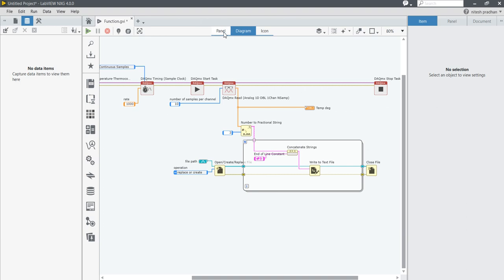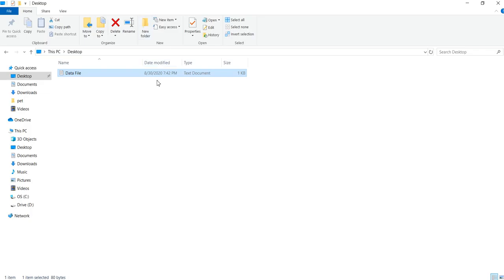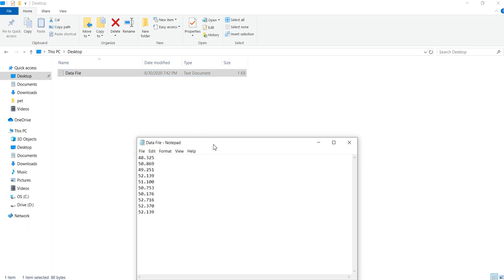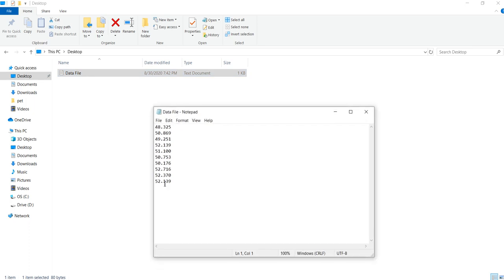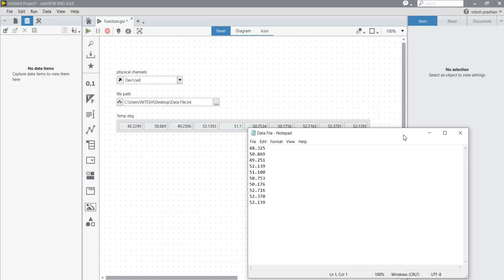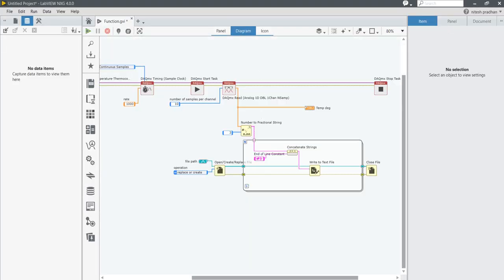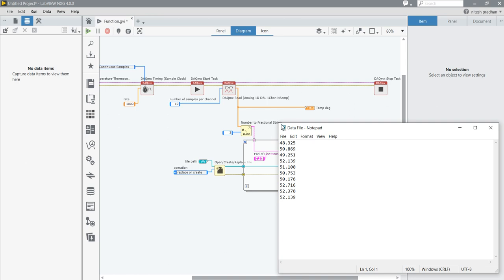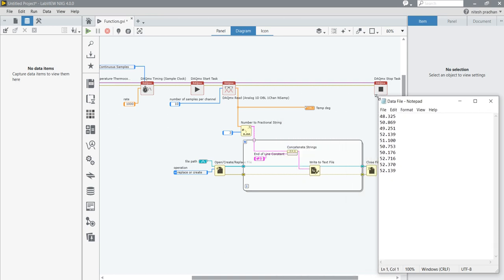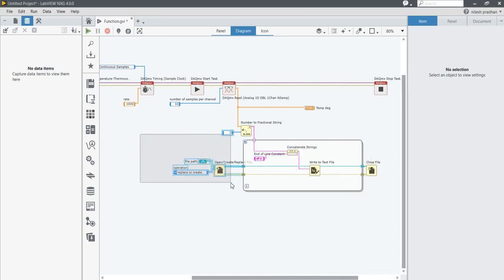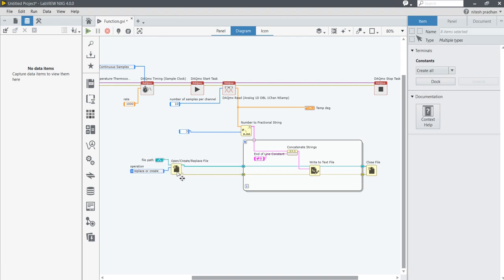So let's go and check in the data file. Come here and now you can see the 3 digit precision numbers after the decimal. There are 3 digit numbers.